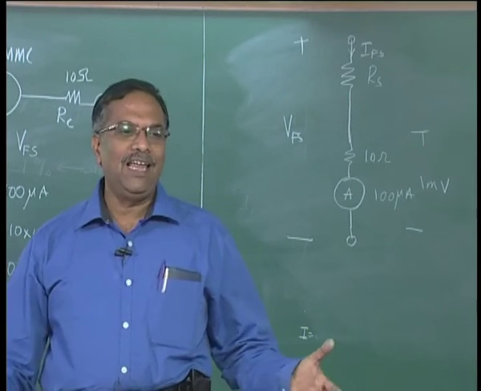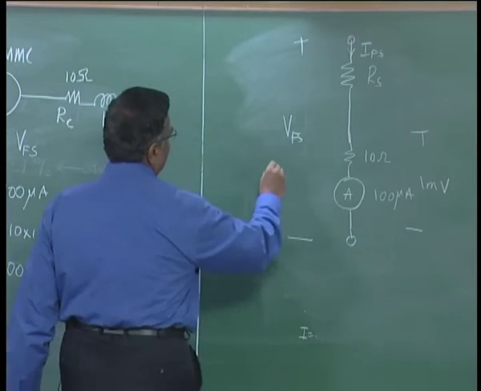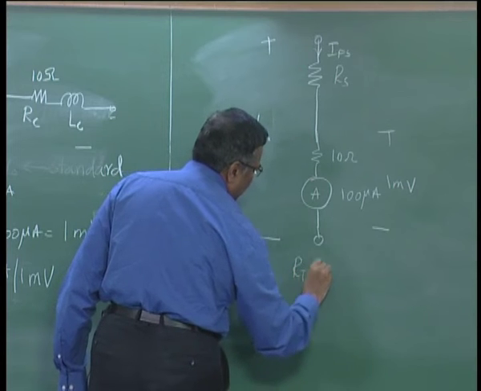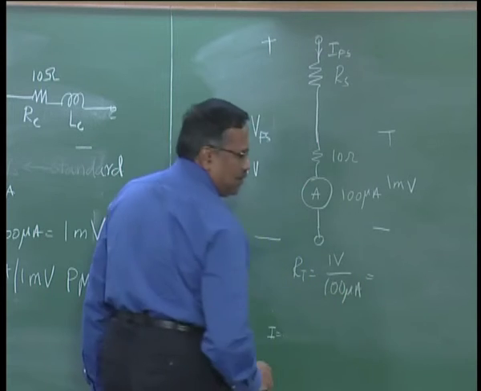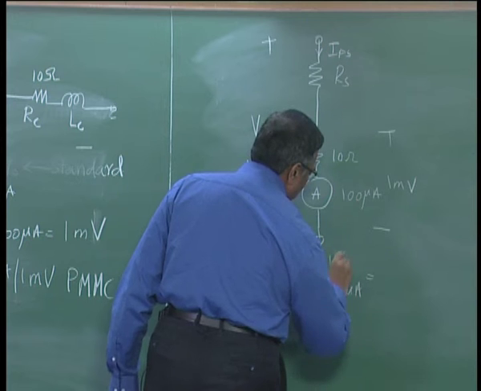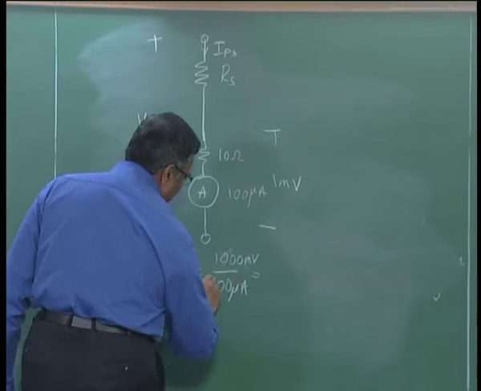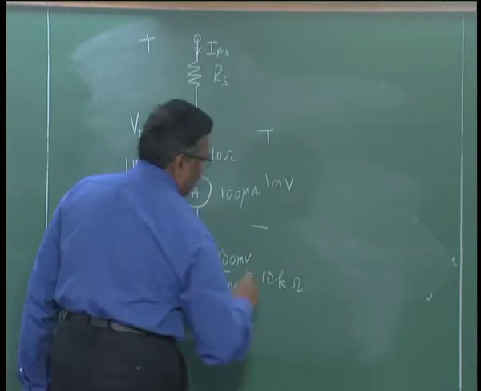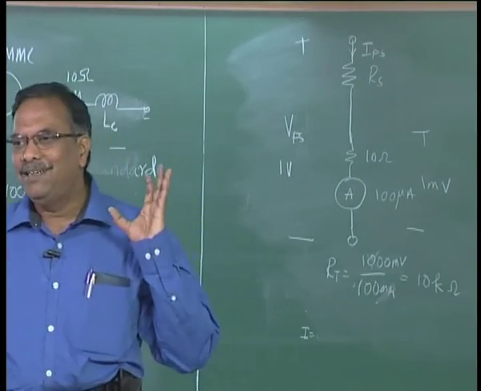Let us say the full scale voltage I want is 1 volt, right. So when I apply 1 volt, I must get 100 microamperes. So the total resistance must be 1 volt divided by 100 microamperes, that would be 1000 millivolts by 0.1 milliampere, it is 10 kilo ohms, right. So if the total resistance is 10 kilo ohms, if I apply 1 volt, I will get 100 microamperes